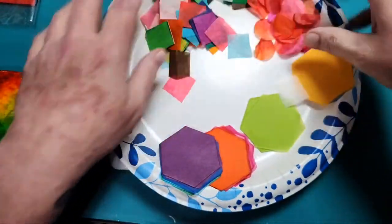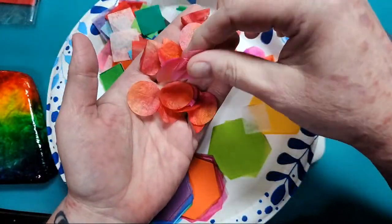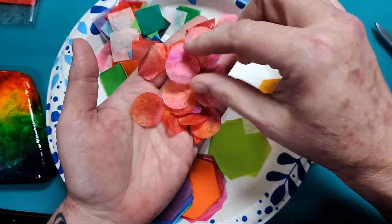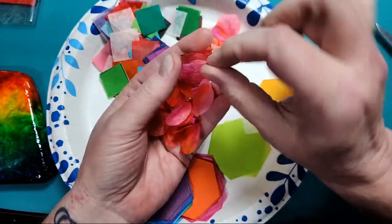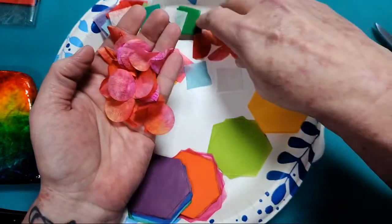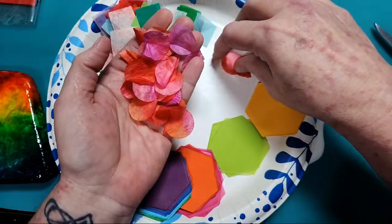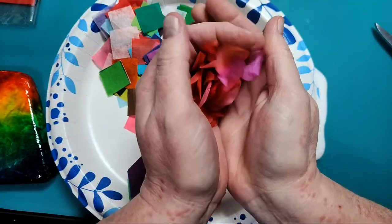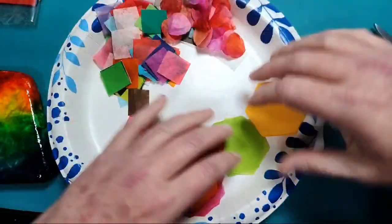These are my used ones, and I just wanted to show you guys. I did this red and pink one the other day. They're so pretty if you choose to go this route and let them dry and then pull them off. These can be used in little flowers. You can make flowers or other art with them, so don't just throw them away. There's a place for these. Okay, back to